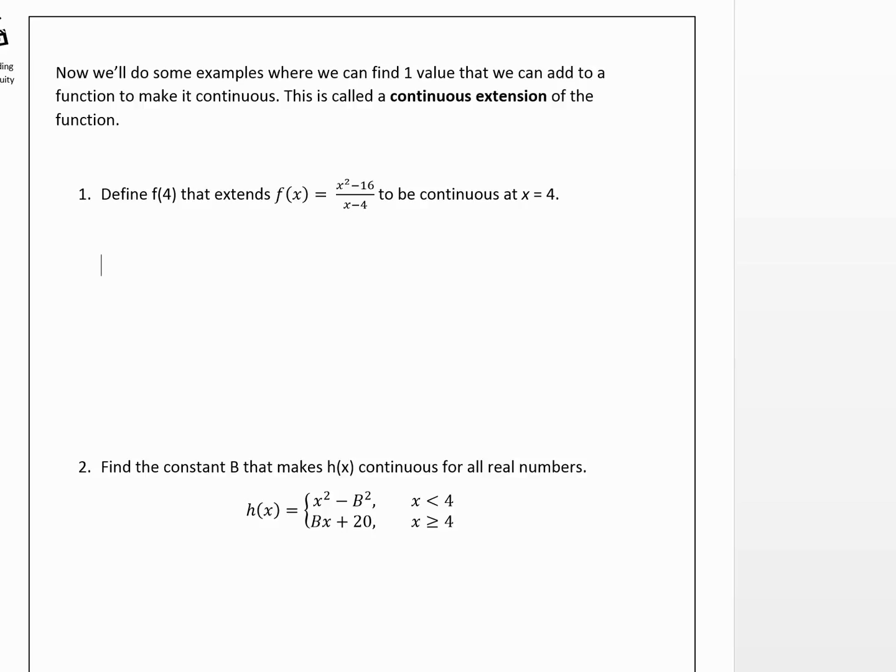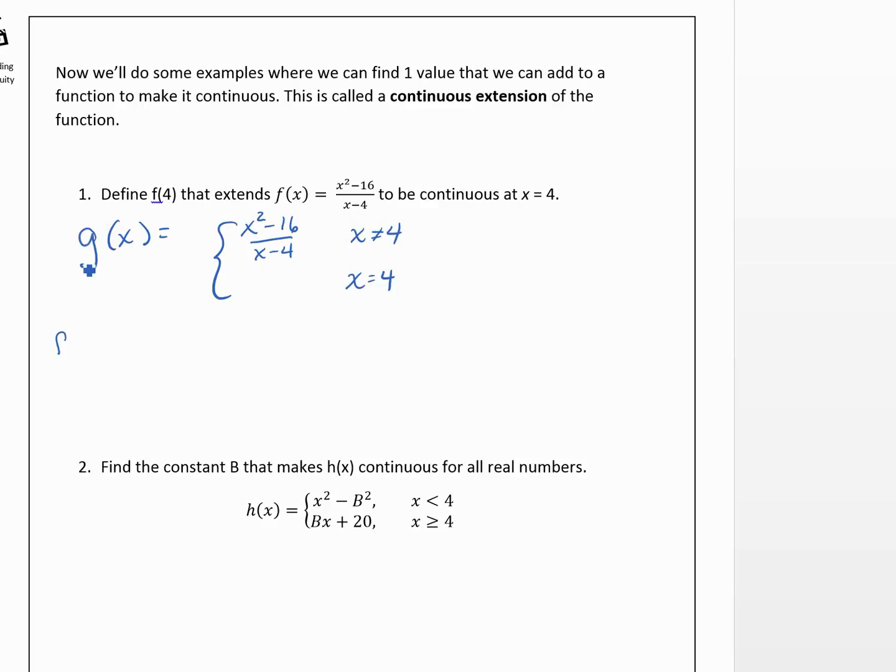Okay, so we know right now it's not continuous because it's not defined there. So basically what we're doing is we want to make this piecewise function where we have x squared minus 16 over x minus 4 if x is not equal to 4. And then we're going to put in a number right here for when x equals 4 so that this is a nice smooth graph if you graph it. Well, let's think about what's happening. So if we look at f of x, sorry, I should really call this a new function g of